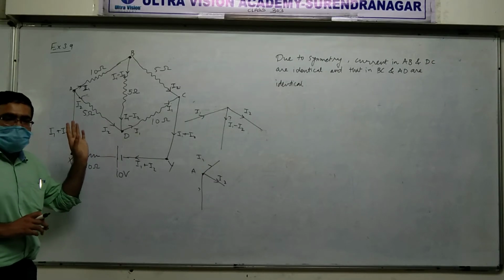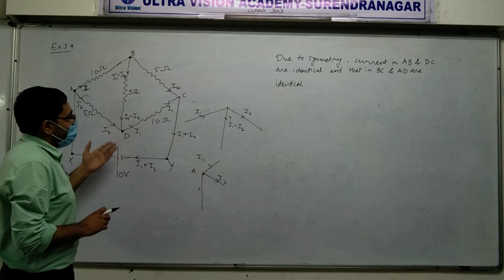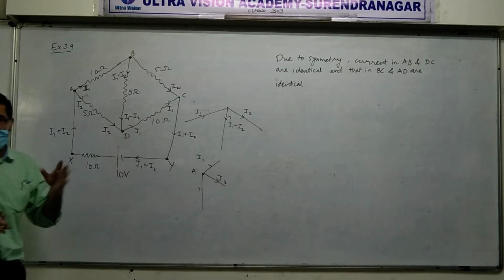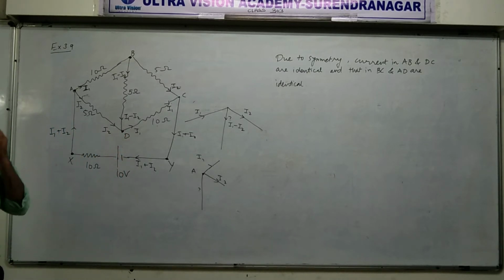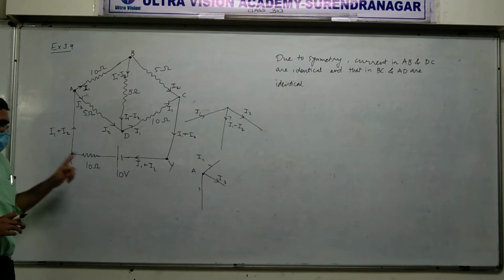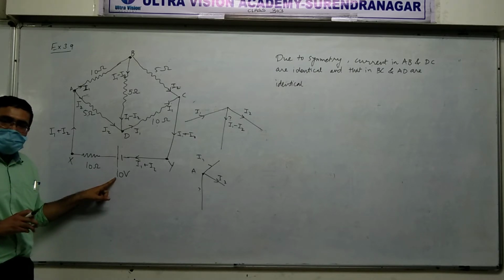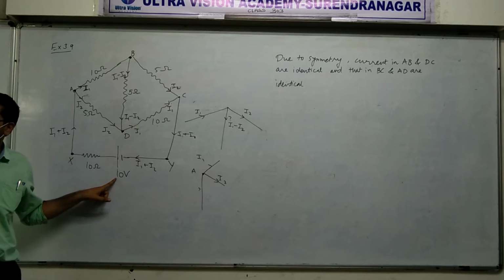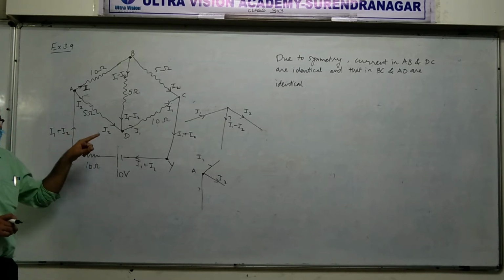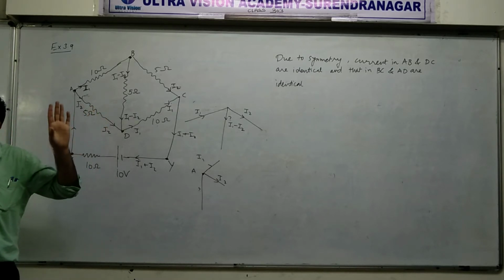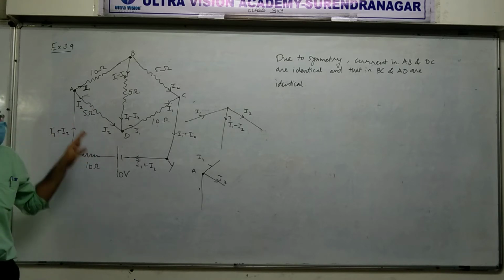Okay, understood? You can take any loop, then you have to solve it. Shall I leave the rest for you? Okay, but one hint again. You should take at least one loop with the battery because current ultimately depends on battery. One loop with the battery and one loop without battery. Got it? Make two equations, solve them, so I get current everywhere.